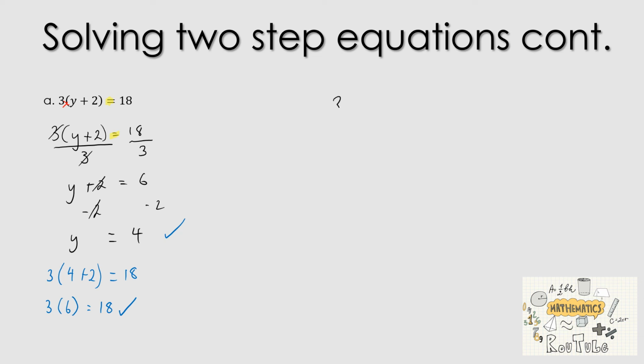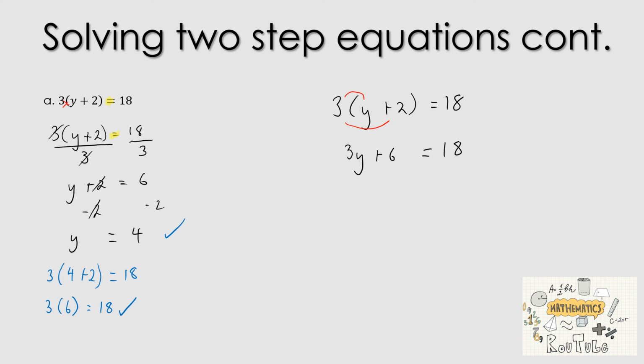So I'm just going to rewrite the question out again. We've got 3 and then y plus 2 equals 18. Now if you're not familiar with expanding, I have also created an expanding video, so check out the video if you need some assistance. On expanding, we're going to multiply whatever's outside the bracket with both terms inside the bracket. So we've got 3 times y to give us 3y, and then 3 times positive 2 to give us positive 6, which equals